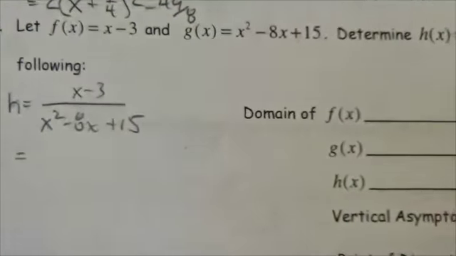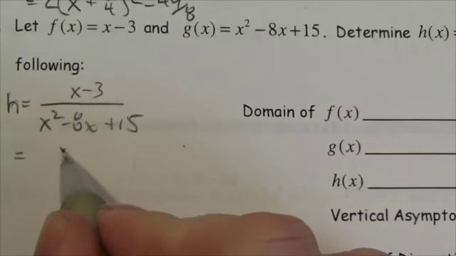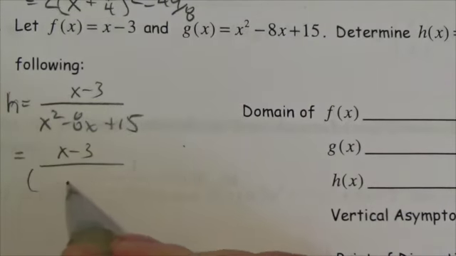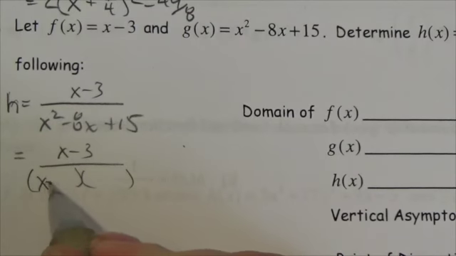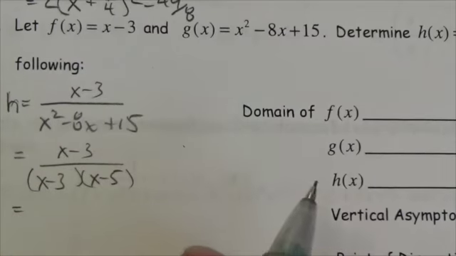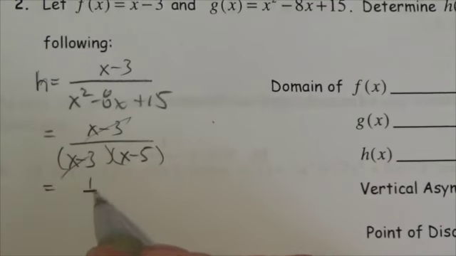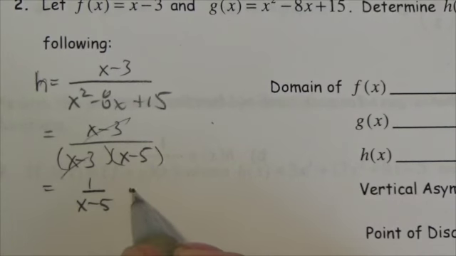Now I'm going to do a lot of this just by hand, just doing the algebra, and then maybe we'll use the calculator to confirm that. So the first thing I want to do here is factor, and I'm going to get x minus 3 times x minus 5. Okay, I can cancel those x minus 3 so long as I include